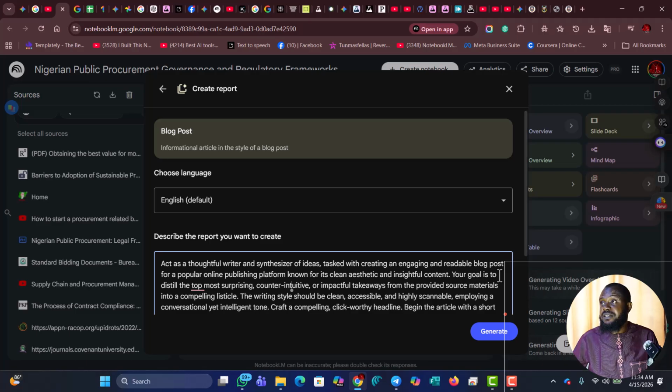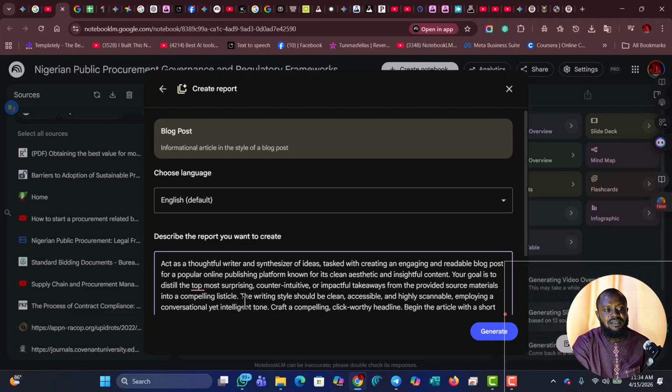Since, for example, now if you want to generate a post on how to give lectures, you source for your materials, you upload it here, then you ask it to generate posts. So if you want to work on how to play football, get materials, upload it, ask it to give you post on it. So you just copy the post and go and use it. So it's not going to go online to search for it anymore. It will be using provided source materials into a